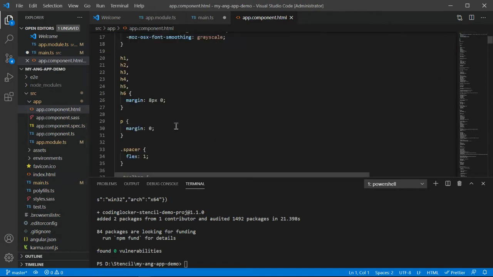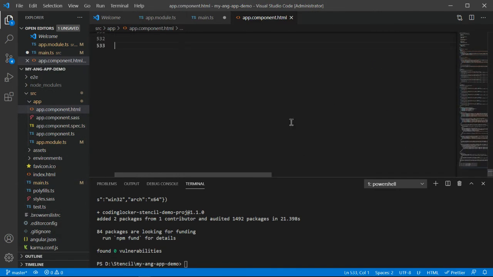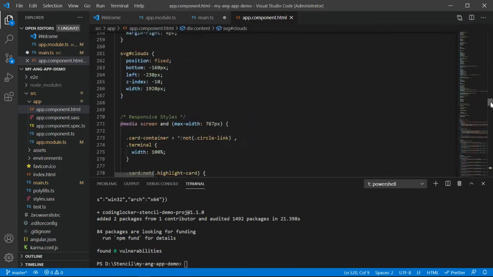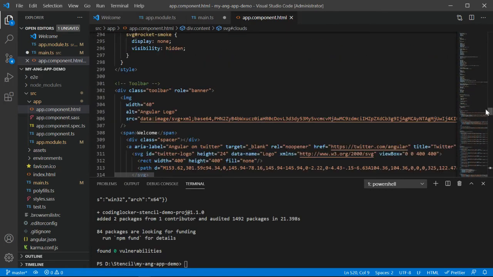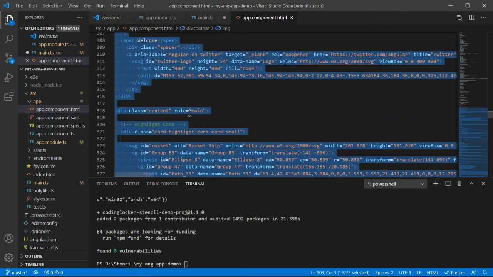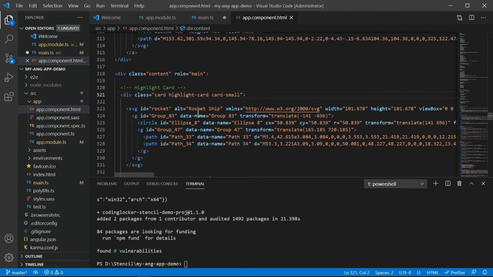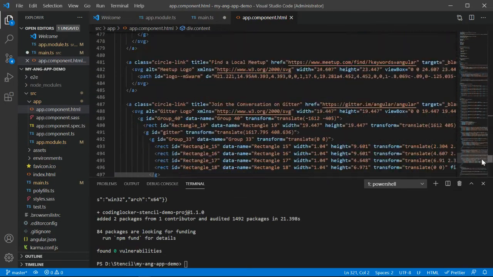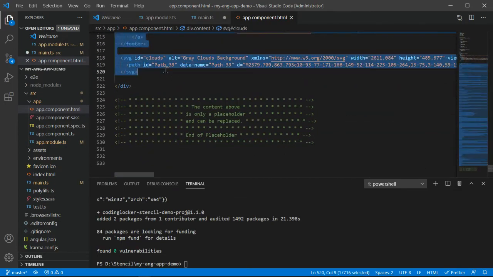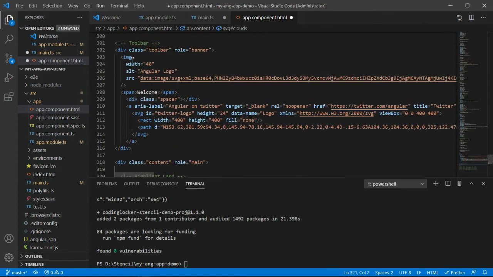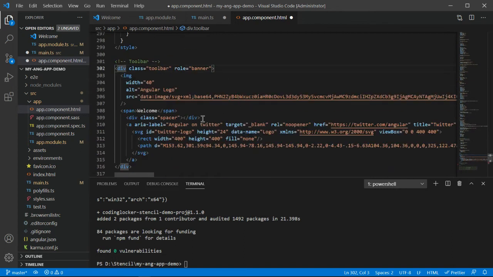app.component.html and let's get rid of the code which we do not want, so that we can clearly have the picture of our code. Yes, remove everything actually. Now this is our toolbar. Yeah, that should be fine.